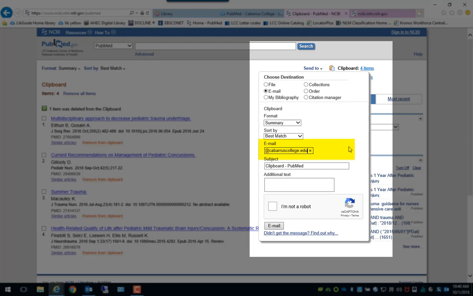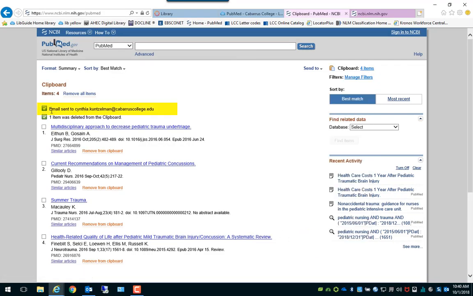and I'm just going to say test. Click I am not a robot. Sometimes you will have those little tests. Click email. And here it tells me that it was sent to me. When you get that, then you forward it to Cassie or myself with a note saying, please get me these articles. Then you can go back